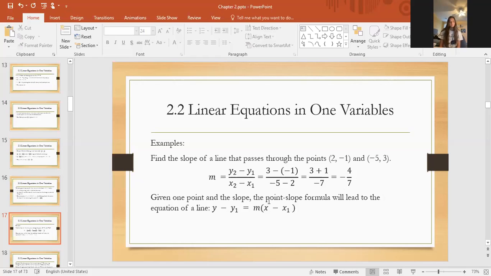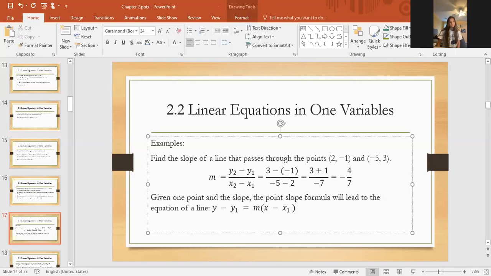So given 2 points, the equation of the line will be, given any other point of the line, y minus y1 equals m times (x minus x1). So if we want to find the equation of the line that will pass through (2, negative 1) and (negative 5, 3), we can pick any of those two points and replace their values into this equation. If we take the first point, (2, negative 1), for example,